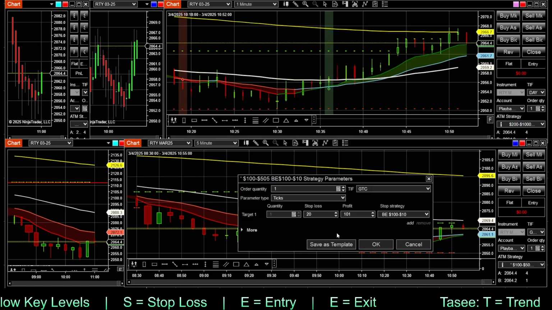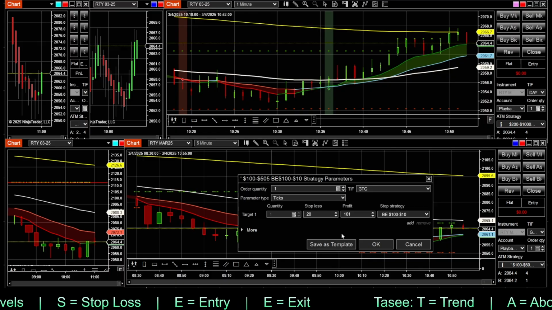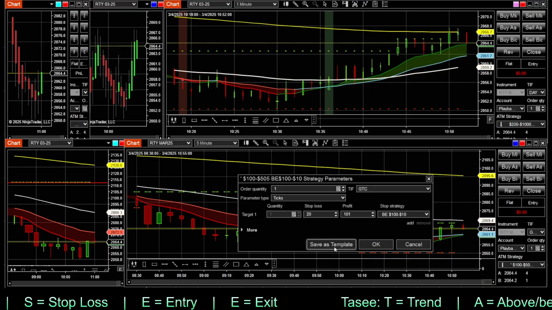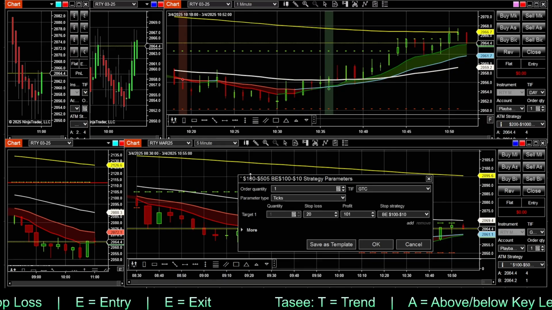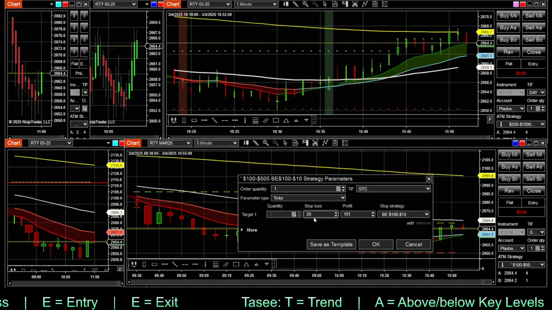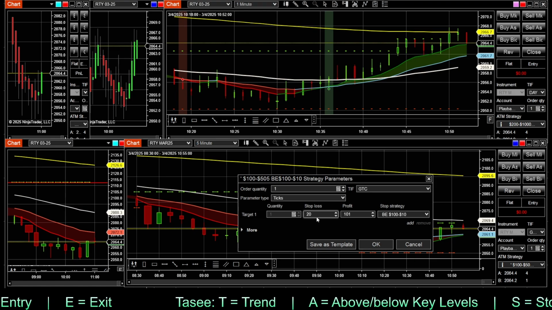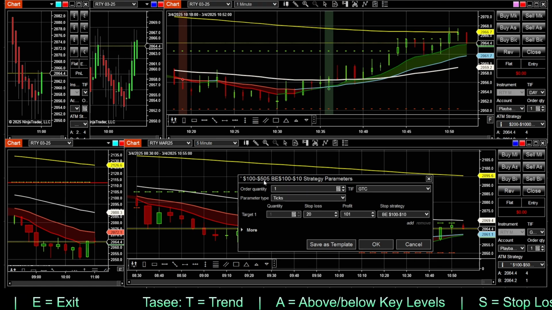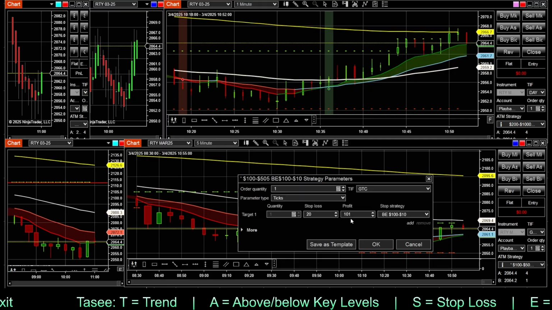But first, let's look at the ATM strategy that we want to use for the static account, and that is a 20 stop loss, which is $100. We're going to set our stop loss for $100. Our profit target will be $505, but that will be adjustable within the trade depending on how many reversals